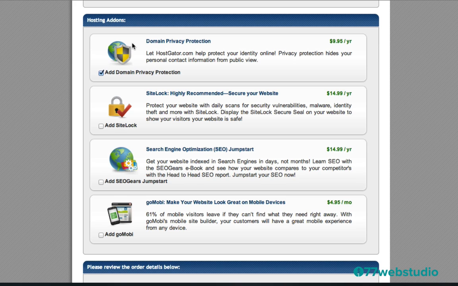I do recommend signing up for privacy, however, and this is why. When you create a web hosting account on any kind of web hosting company, by default, if you do not have privacy, account details, including your address, your email address, and your phone number, may show up in the web host database for anyone on the internet to be able to access. So I prefer keeping my address and my phone number and my email address private. So whenever I buy a new web domain, I always sign up for privacy protection. If you don't want privacy protection though, you can save some money by unchecking this. I'm going to leave it on for the moment though.